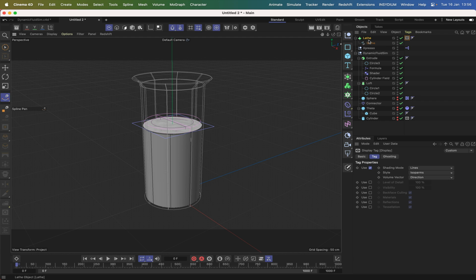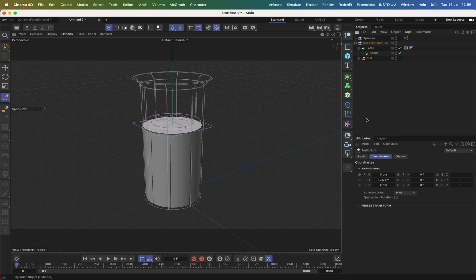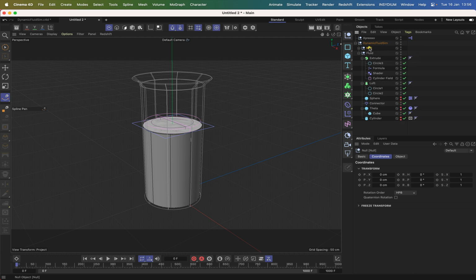And of course, if we wish to, or in fact we should, drop our lathe object into this here. And we can select all of these and group them and call this fluid. And then this lathe, well, we can group that if we wish. We might as well just group that and we'll call this beaker. So we've got everything set up as it needs to be, and we can select this again, run the timeline, and we'll select